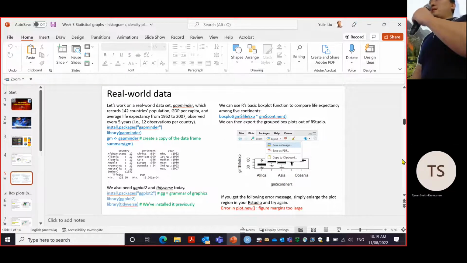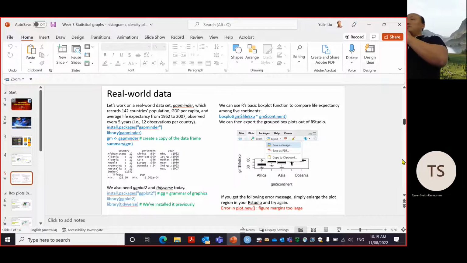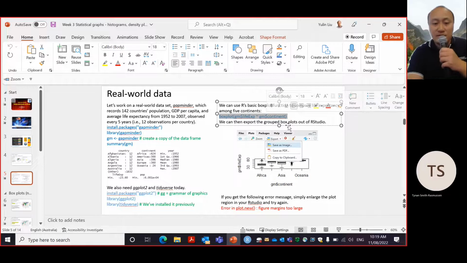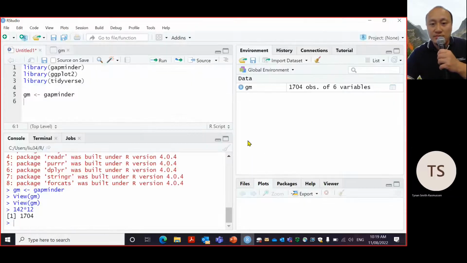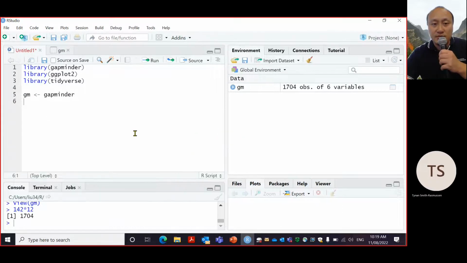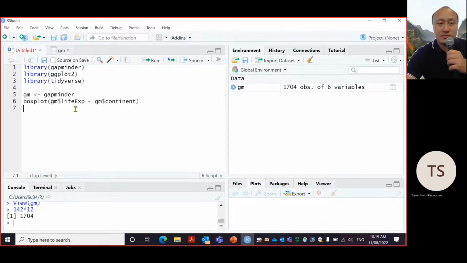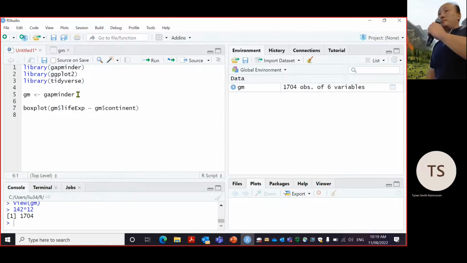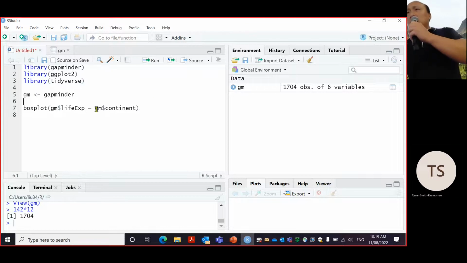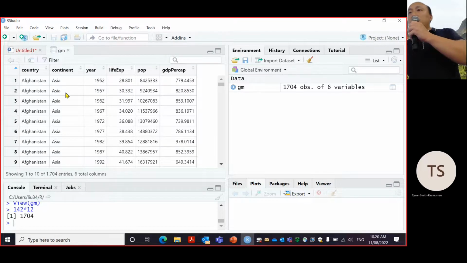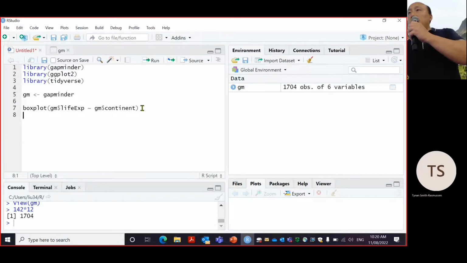If I want a box plot of life expectancy across different groups of continents, I can run this single command. boxplot is the function in basic R, and the quantitative variable I want to plot is life expectancy in the GM dataset, my copy of Gapminder, across the categorical variable continent: Asia, Europe, Africa, Americas. So if I run this one,